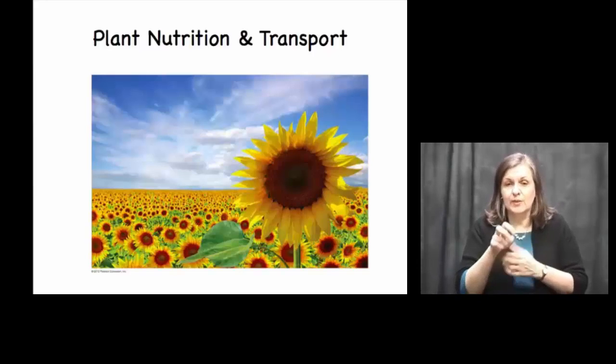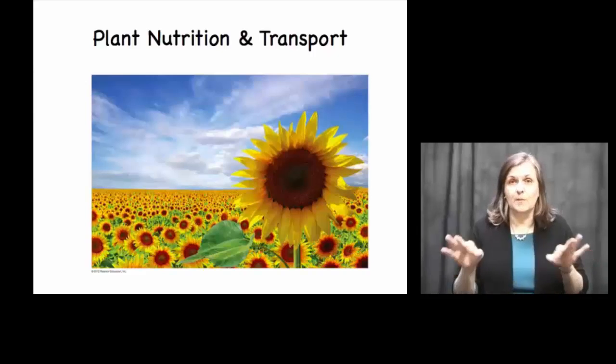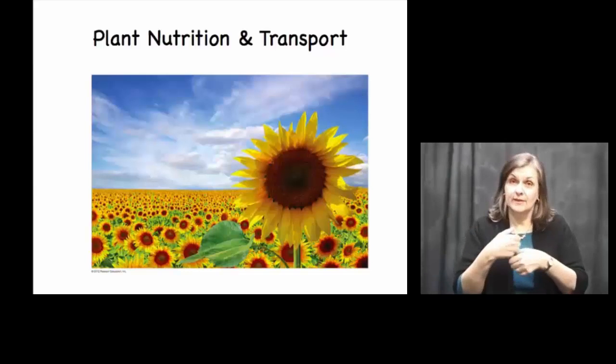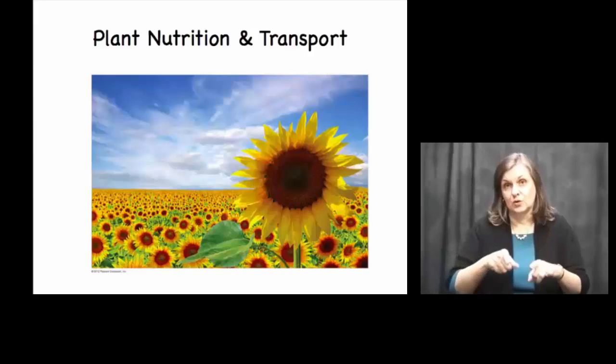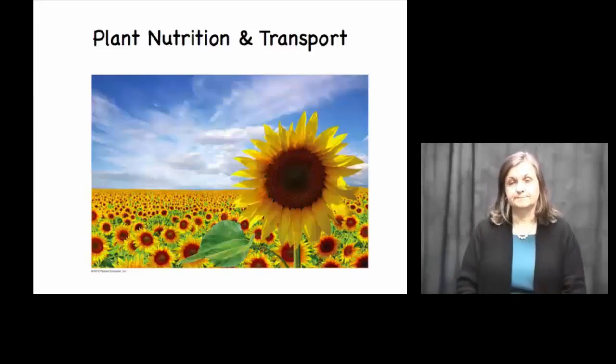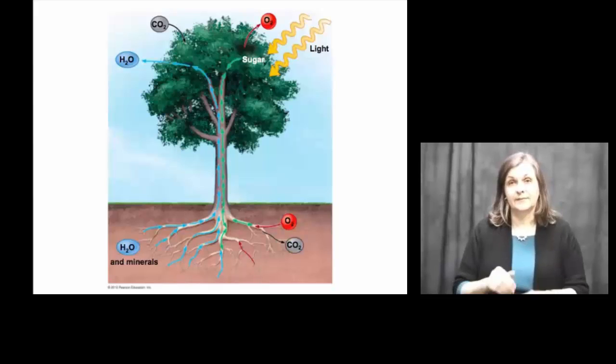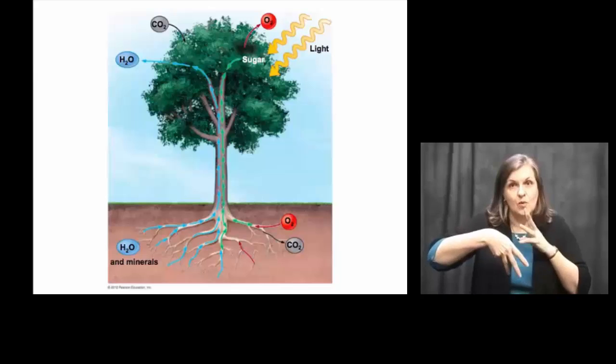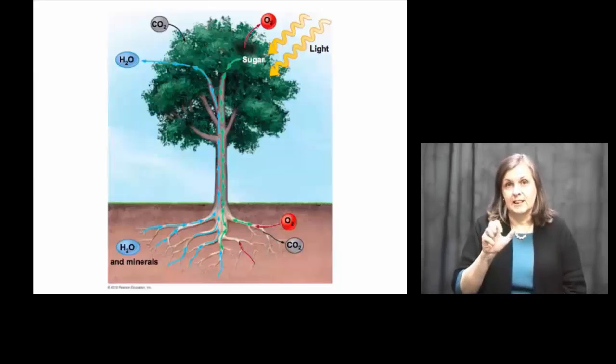But how does a plant get all of the nutrients in that it needs? The transport of nutrients around the plant is one of the most critical functions it does. It must do this in order to perform photosynthesis and produce sugars. We'll look at how this process occurs in a couple of different types of plants. In general, we look at water being pulled up from the roots of the plant through the xylem,